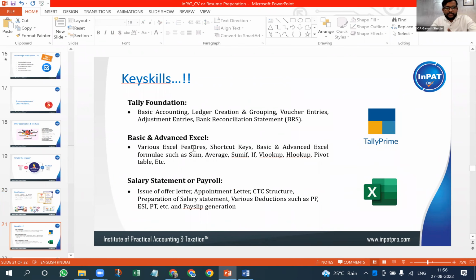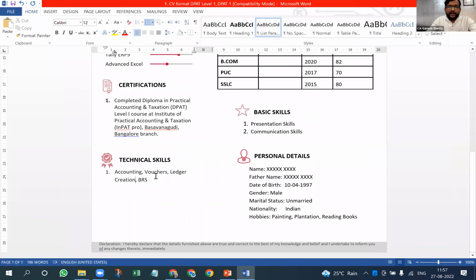So let me go to the next, Excel. What you have learned? You would have learned Excel basic features, presentation features, shortcuts, basic Excel formulas, advanced Excel formulas. You would have learned 30 to 40 formulas. You cannot write all the formulas, right? You have only small space. I am working with a small space now. You will be having 2 pages, guys. You can add in the 2 pages. So in that case, what you can write in Excel, so 2, you can write